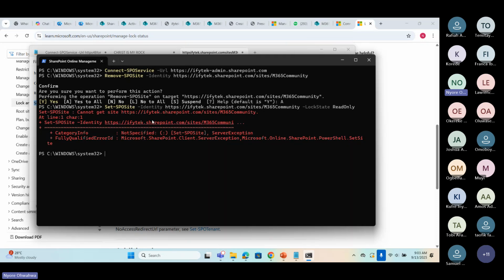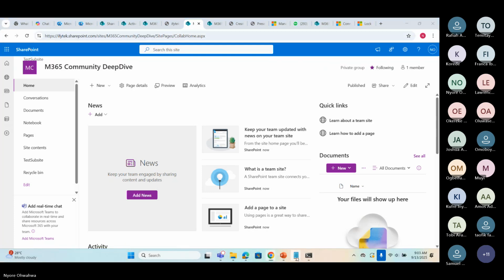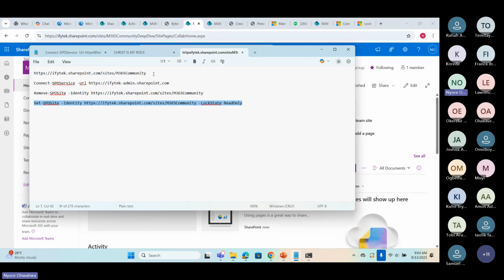As you can see, we couldn't find the site that we're trying to look for, right? So I need to copy the new site URL. I'm just going to replace this here so that we don't make that mistake again.